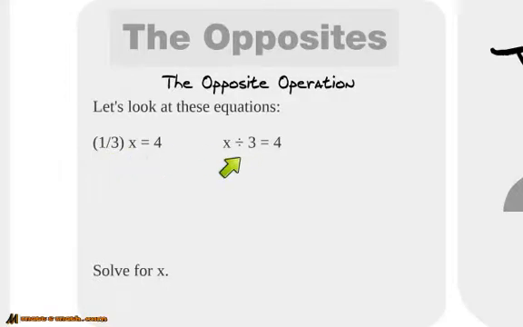How do I get rid of dividing by 3? I multiply by 3. So how do I get rid of a third? Multiply by 3. Or by the reciprocal. If you think of the reciprocal, what's 1/3's reciprocal? 3 over 1. So then you just multiply this by 3, multiply the other side by 3, and bam, you